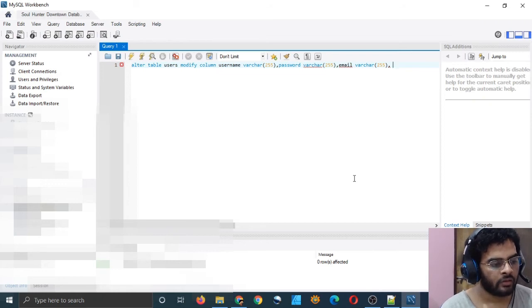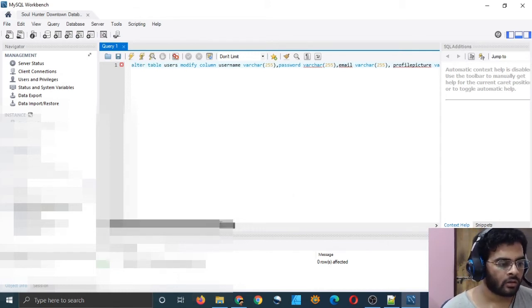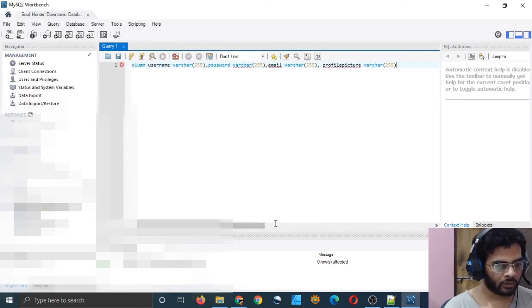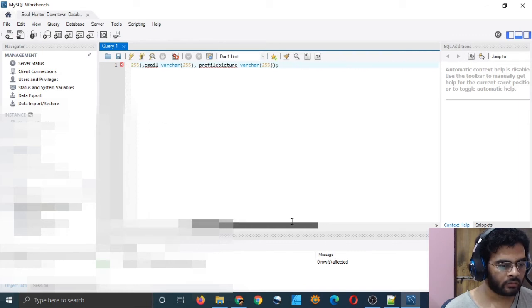Username, password, email, profile picture, varchar 255. I think for now I will only change these. I will put them in brackets. Now it's showing me an error.